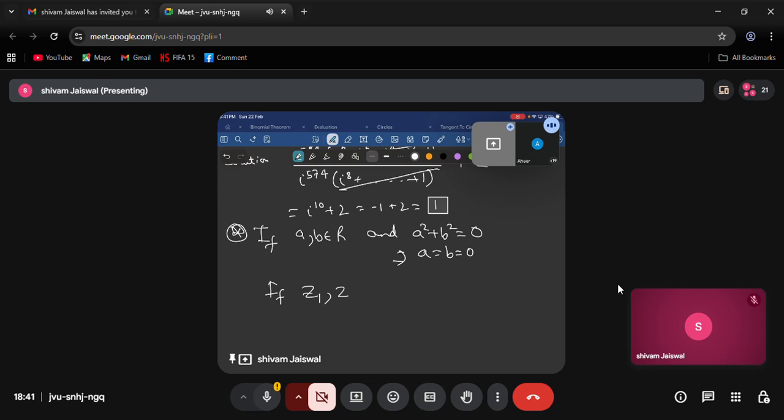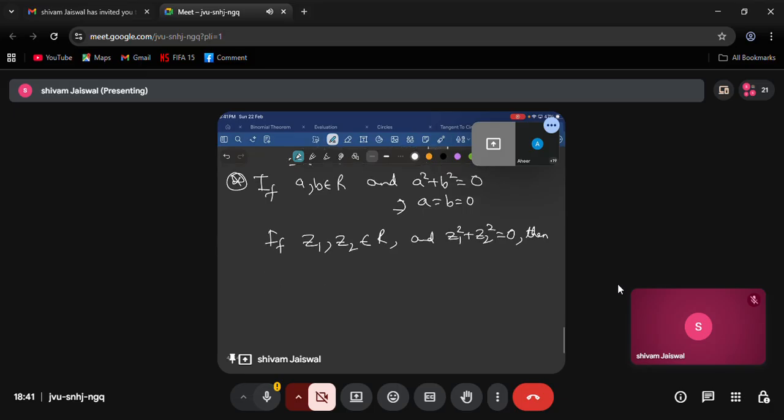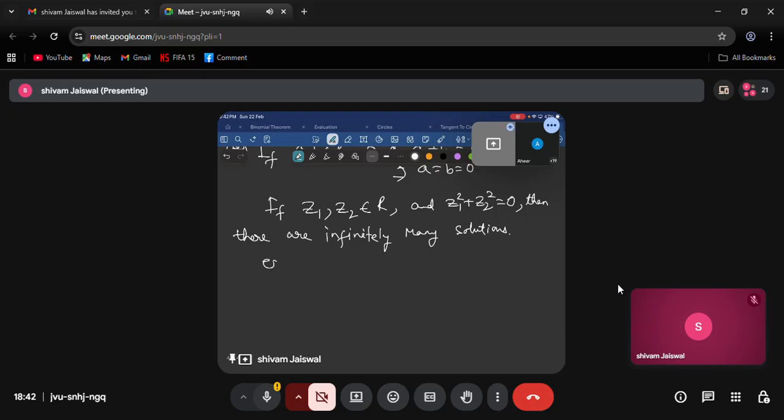But if I say z1, z2 belong to real numbers, and z1 square plus z2 square is equal to 0, then how many solutions exist? Tell me. Then there are infinitely many solutions. Okay, I'll explain why. Infinitely many solutions. So for example, you see